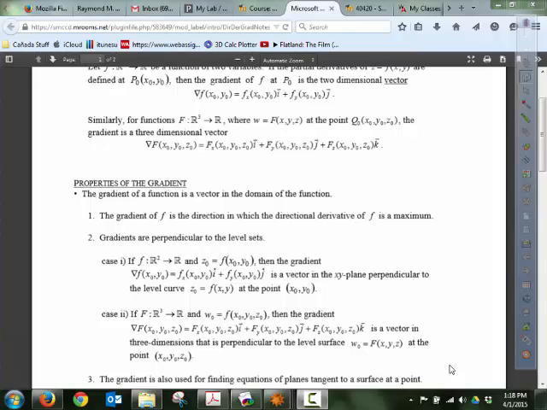Review of chapter 14. And so, again, I want to focus on the idea of the directional derivatives and gradients, and then we'll take a look at some more problems that you might run into, like some optimization problems or Lagrange multiplier problems based on your homework. But just to review our directional derivatives and gradients,